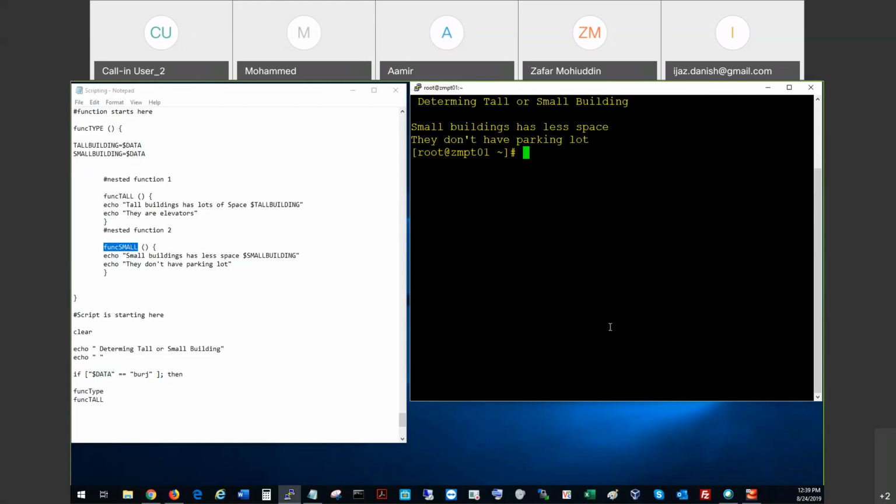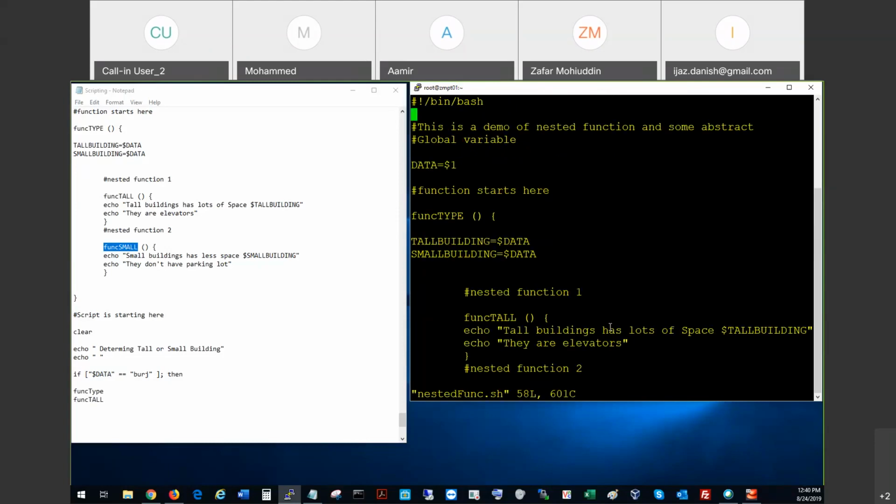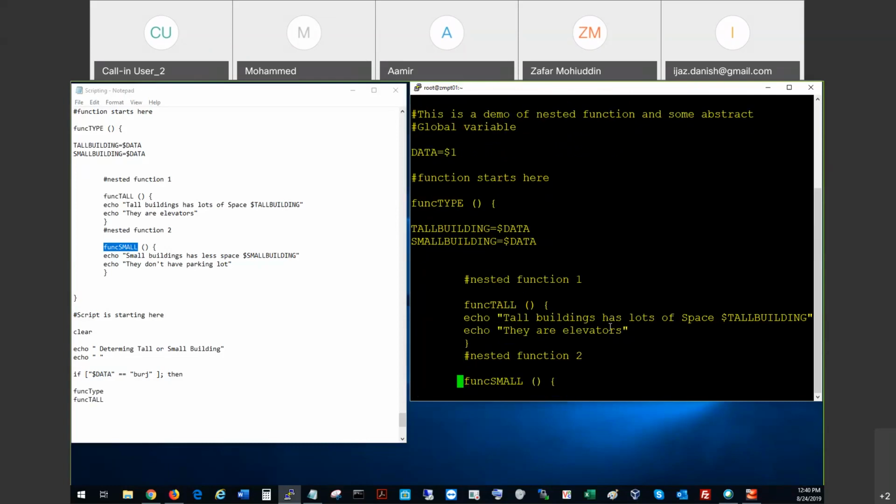Okay, so it's running on its own here, but let me type Burj. Okay, determining tall or small building. Tall building has a lot of space, Burj. Okay, so it's working here. All you have to do is just simplify what is in here. So what you could do is